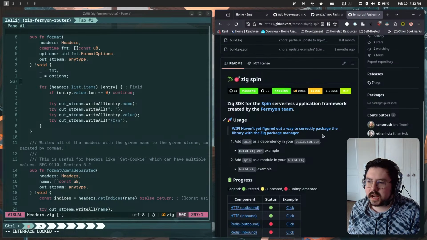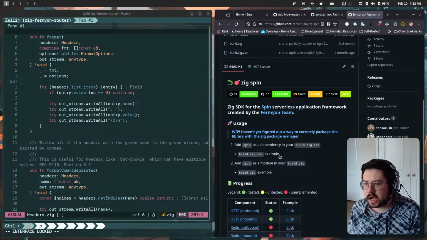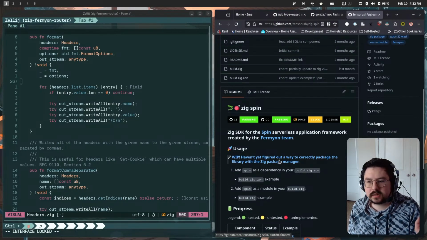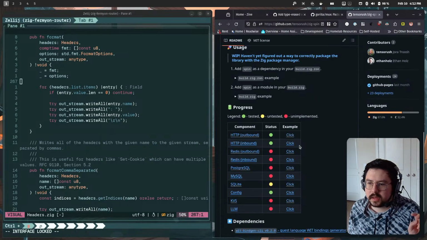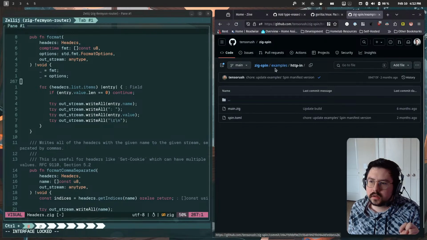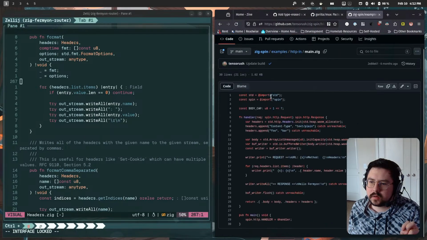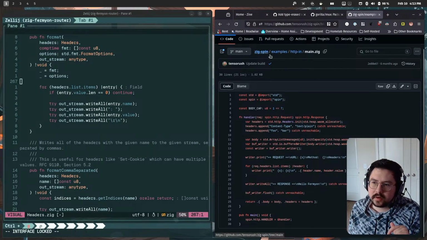Once it gets figured out on how to package it, I will 100% use it. It will absolutely work for me. This will be exactly what I want, because then I can wrap these here. So we can do HTTP, we can use this kind of request and then build the router based on that. And then same for